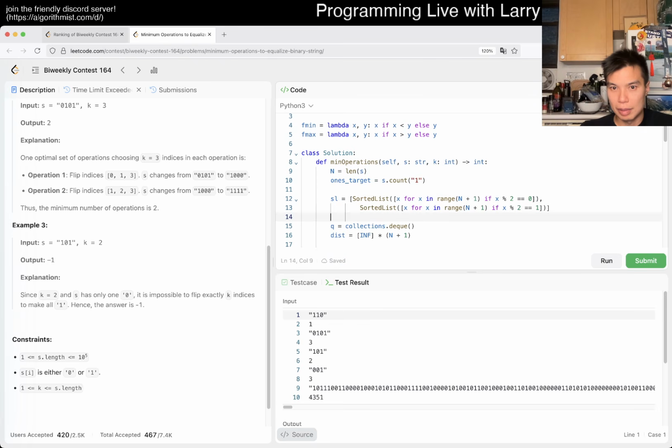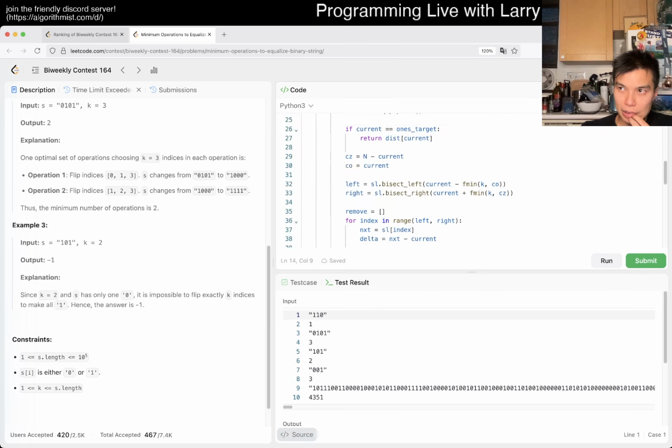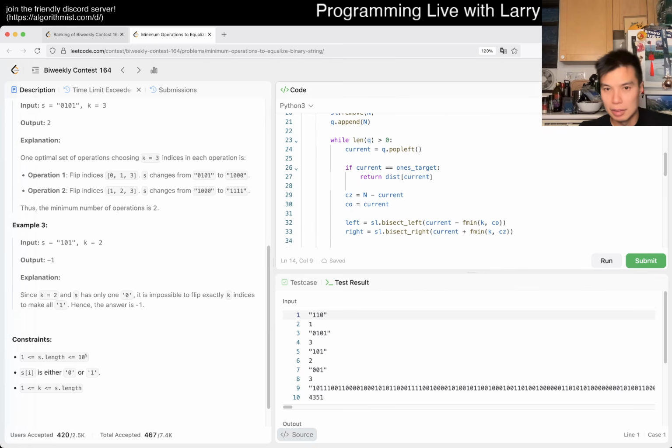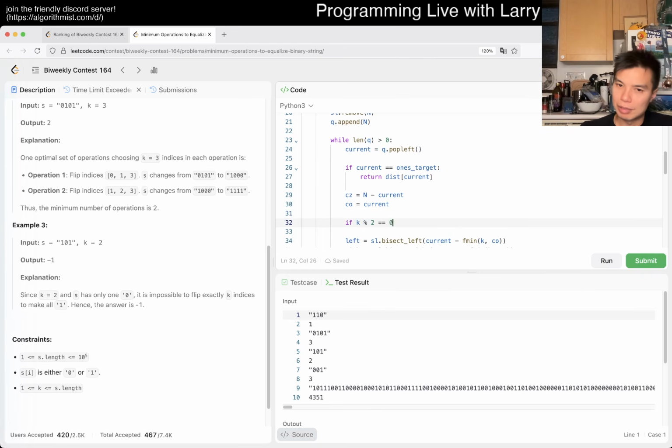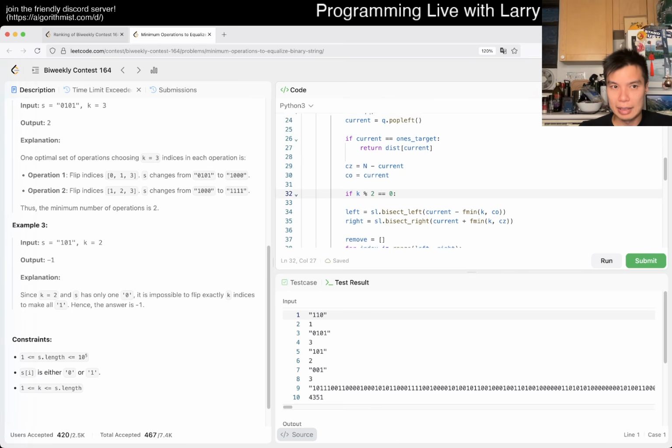Right? And then we don't even need to think about the other one. And then now, if k mod 2 is even, then yeah, okay. Let's see, right? Maybe that makes it a little bit faster. I don't know. If k mod 2 is even, then what do we do? Then we still look at